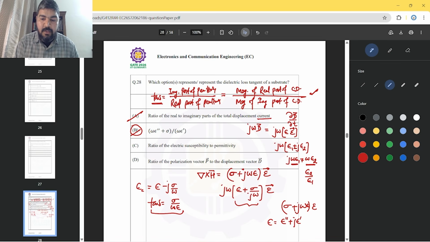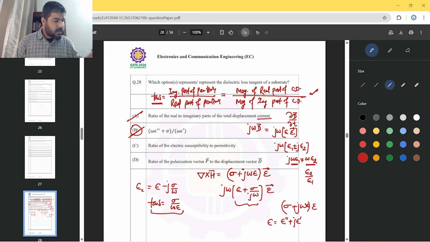Okay, I'm not going with this option, but the option is provided, and this option is only correct if you take epsilon double prime as the real part and epsilon prime as the imaginary part of the permittivity. So then only you can say that this option is correct. Otherwise, we can challenge this option. Only option A is correct. Okay, so this will be question number 28. Let's move to the next question, and the next question is question number, please wait,